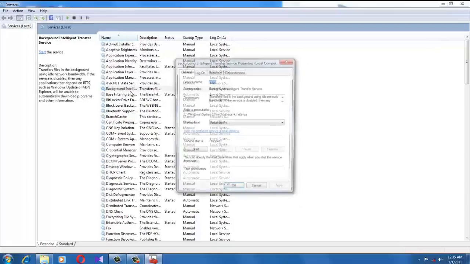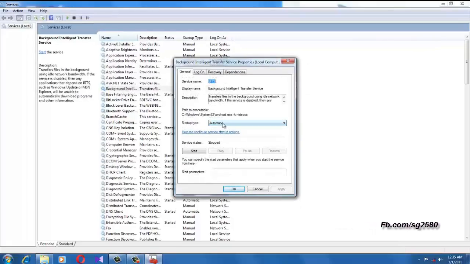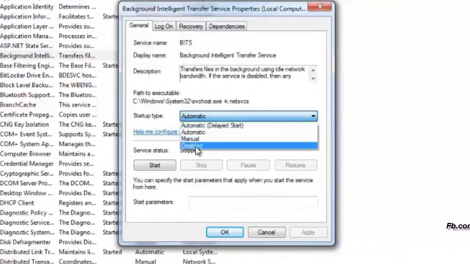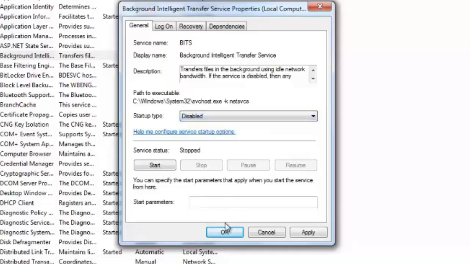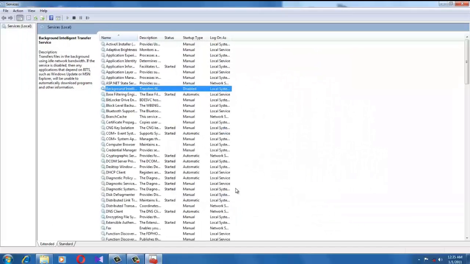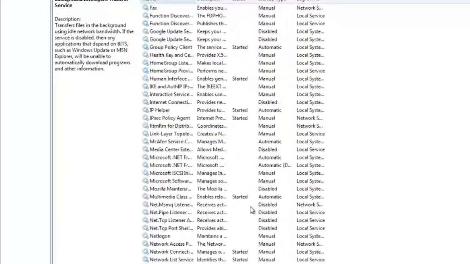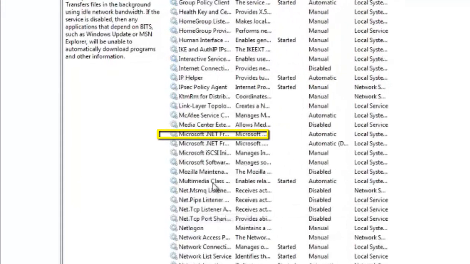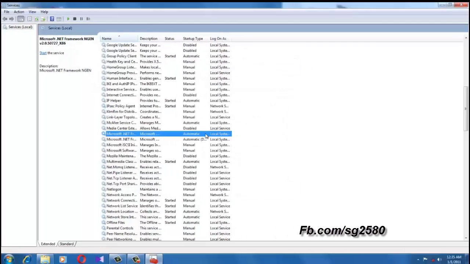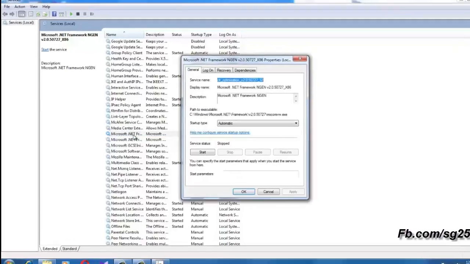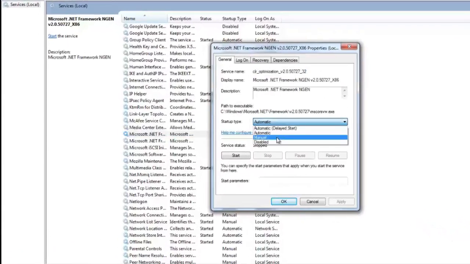Double click on it and disable it. Then click OK. Then scroll down the page and we have to search Microsoft .NET Framework. Double click on it and you have to disable it. Then click OK.